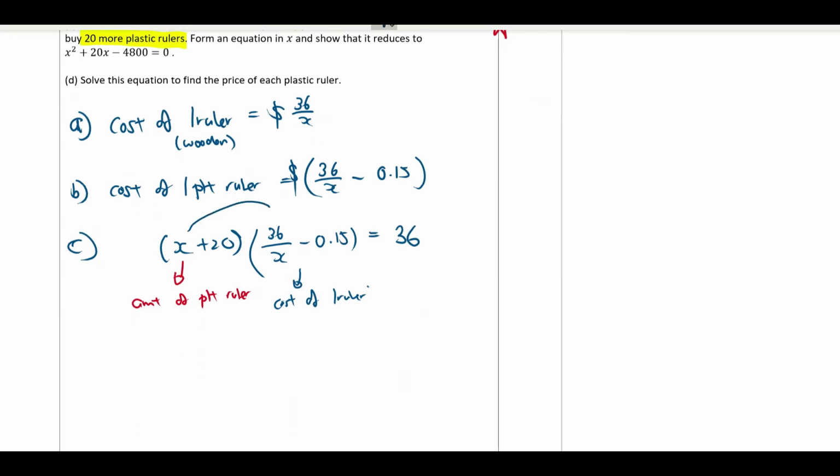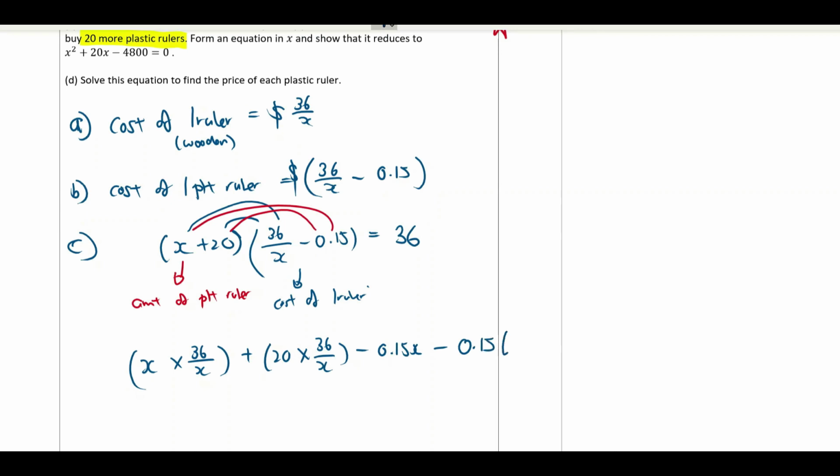Okay, so now let's do distributive. x times 36 over x. For the sake of simplicity, I will just write this down first. Plus 20 times 36 over x, which is this times this. Next, minus 0.15x, because this is this times this, and then this times this, minus 0.15 times 20, equals 36. x times 36 over x cancel, you will just get 36, plus 20 times 36 over x, this is numerator times numerator,